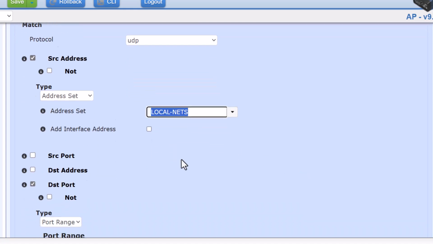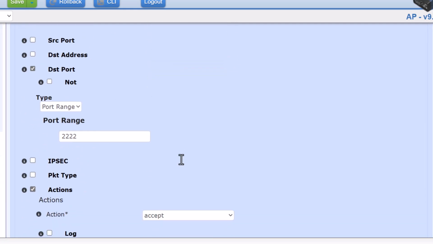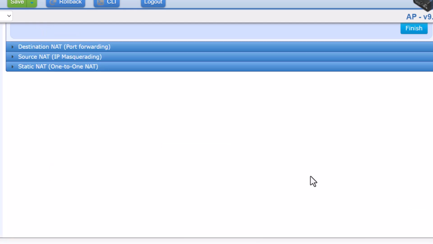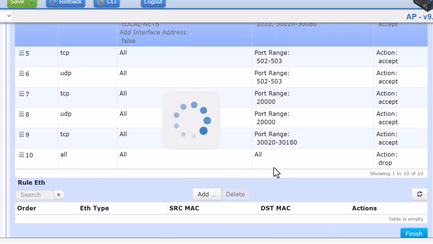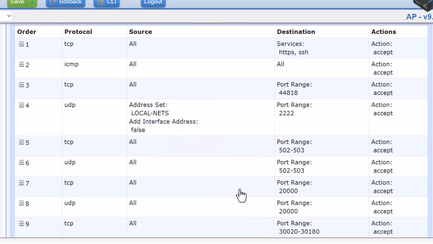And then the destination is 222, accept. So the way this is set up currently, if I was being pulled on port 222 from a server, it comes into the orbit as any source. It doesn't care where it originates from. Comes in, it goes to the PLC,